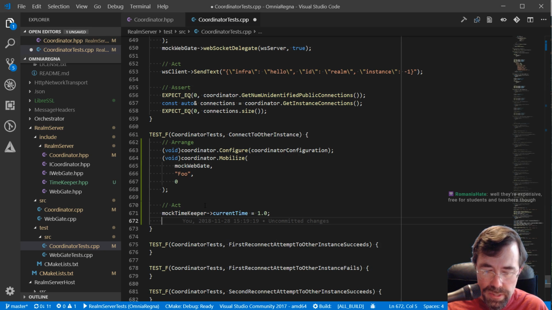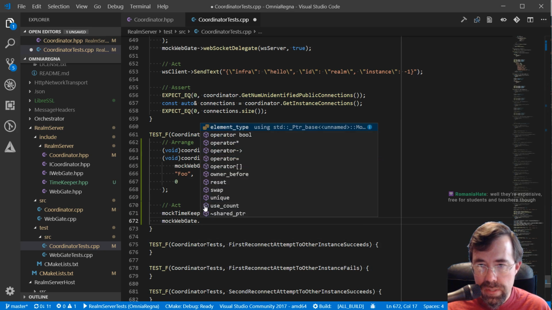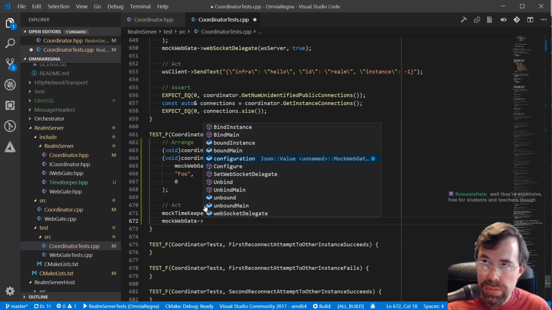I think the pattern I've been using in the past is I will set something that we can wait on. I just learned how to use this, I think, and we'll test my knowledge. So I'll try to use a promise and its corresponding future. So we'll assume that there's a future stored in the mock WebGate. So we'll assume it has a future named connection